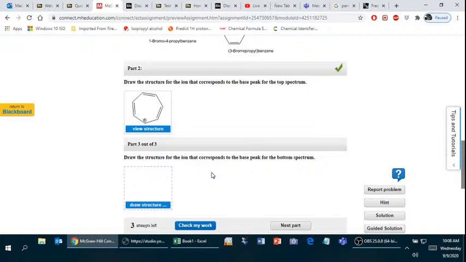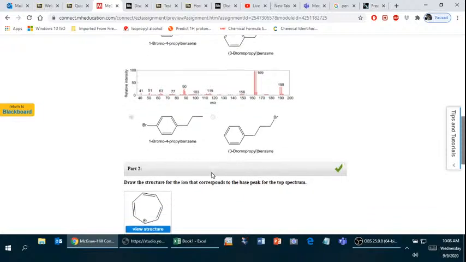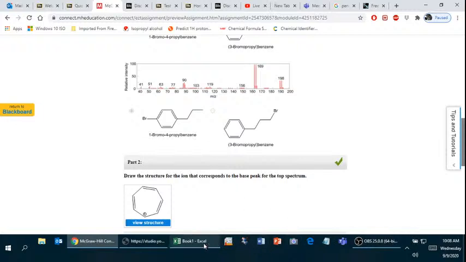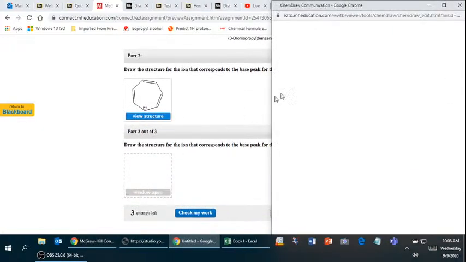Now, for the bottom spectrum, our base peak of 169. So let's see here. Well, we still got the 77. We need to add 80, the most common peak for the bromine. So that's 157. And then 169, there's an additional 12, so that's an additional carbon there. So it's probably going to be the same ring, but in this case with a bromine on it. So if I draw my 7-membered ring,